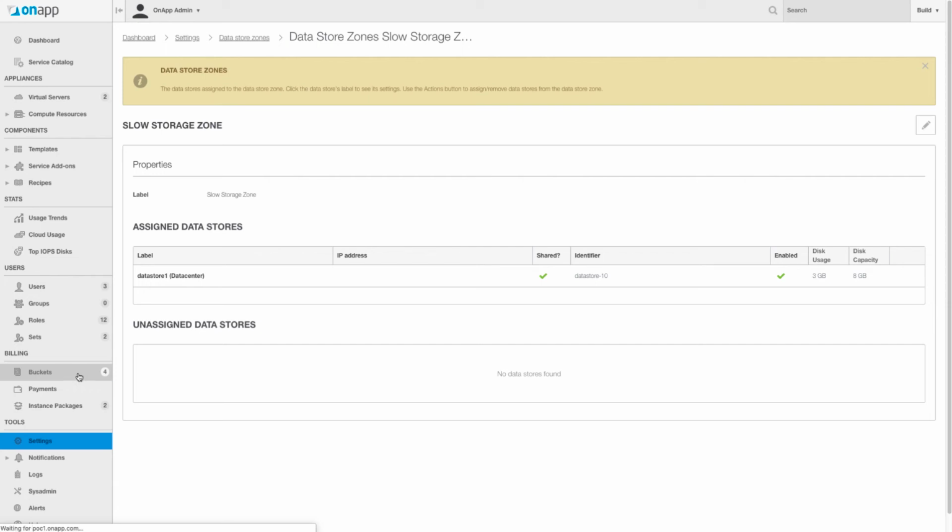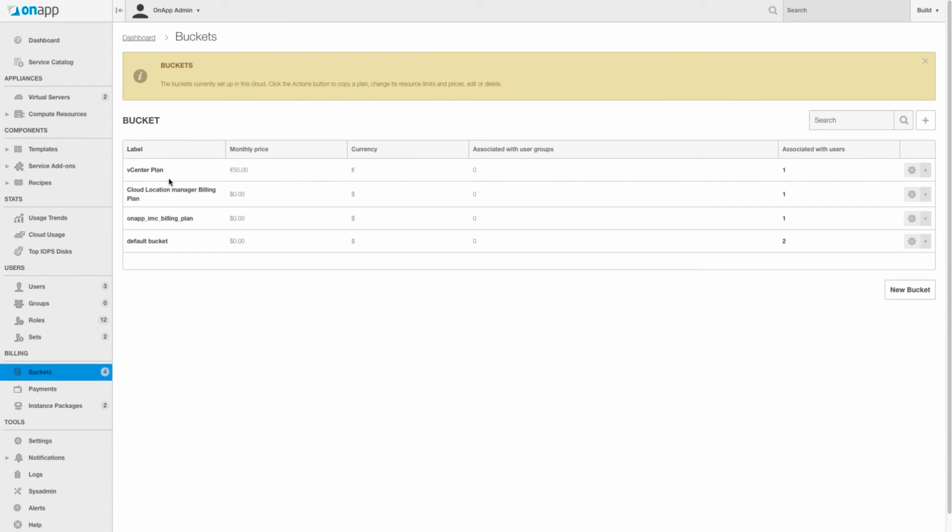So if I have a quick look at buckets here, I've created one bucket called vCenter plan. You can set some monthly pricing on it if you want. So maybe they've got a minimum contract price you want them to pay each month. You can configure at the bucket level which currency you want to use. So OnApp supports multiple currencies. But if I click on vCenter plan here,